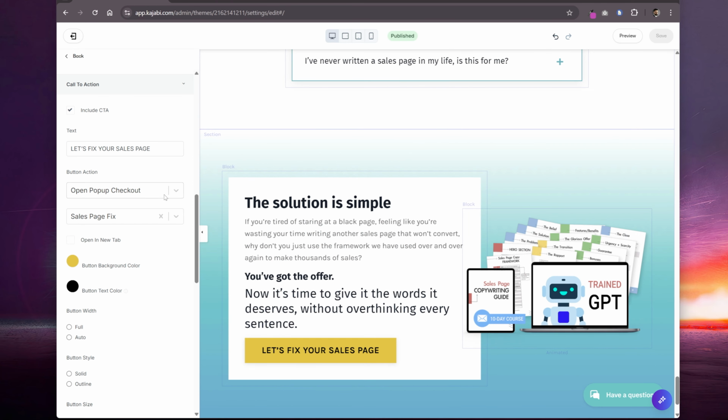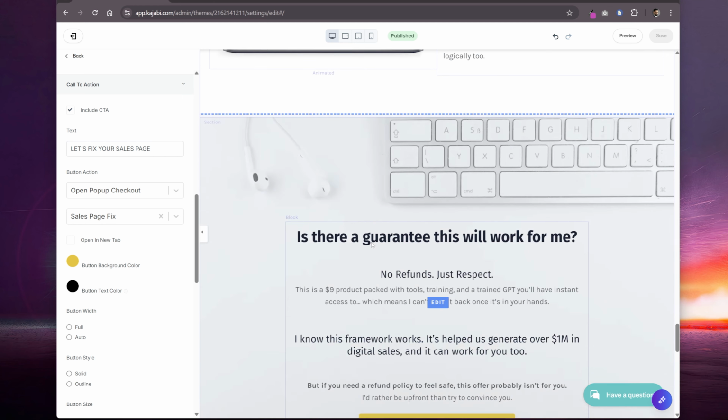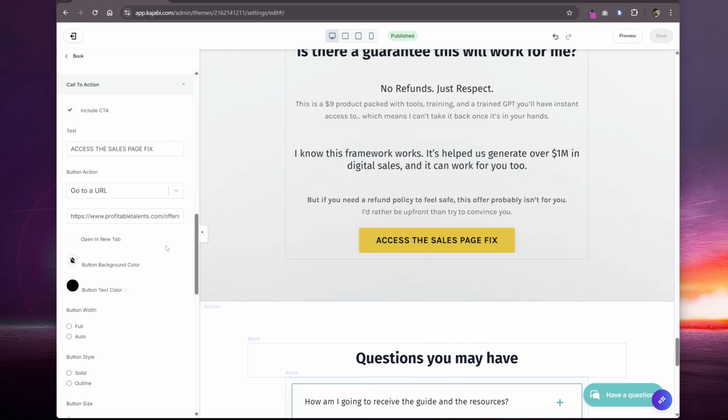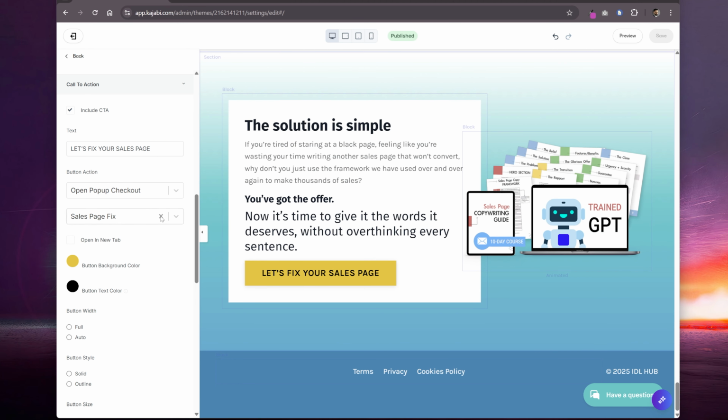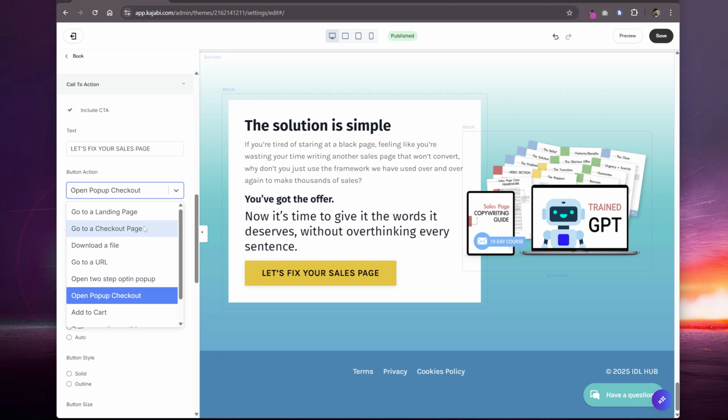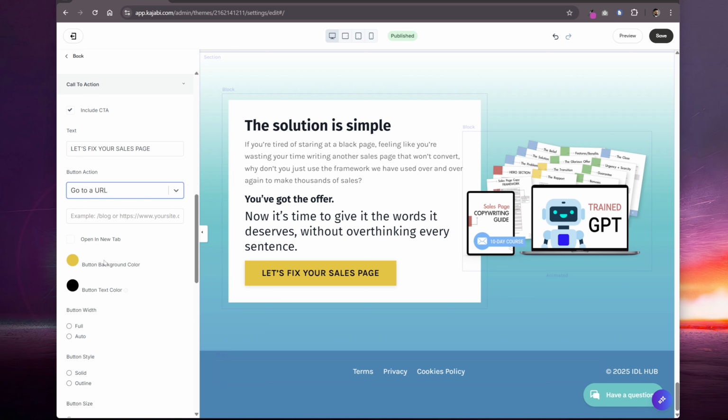Let me revert the change to a URL. So I'm using the default Kajabi checkout URL for the simple fact that if I go to a checkout page, sometimes the domain name at the top of the page changes to the Kajabi one, and I don't want that. I want to make sure that it stays within my domain, profitabletalents.com. This is the right checkout. I'm going to save. And now let's go to the checkout and see how we link everything up for this